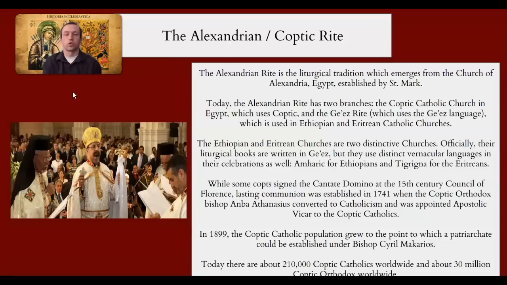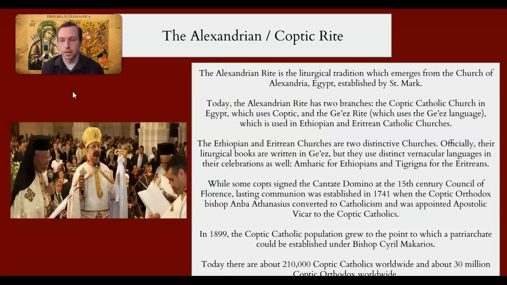Officially, their liturgical books were written in Ge'ez, but they use distinctive vernacular languages in their celebrations as well, since the vernacular is permitted throughout the entire Catholic Church, regardless of rites. The Ethiopians, when they use the vernacular in their liturgy, celebrate in Amharic, and the Eritreans in their liturgy